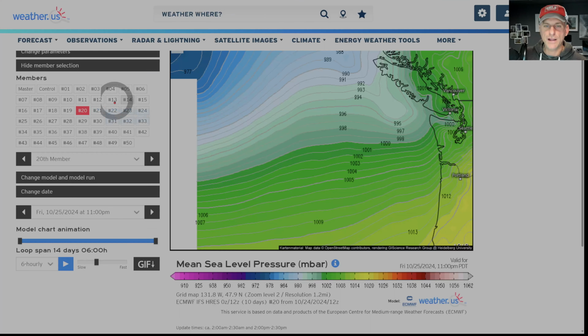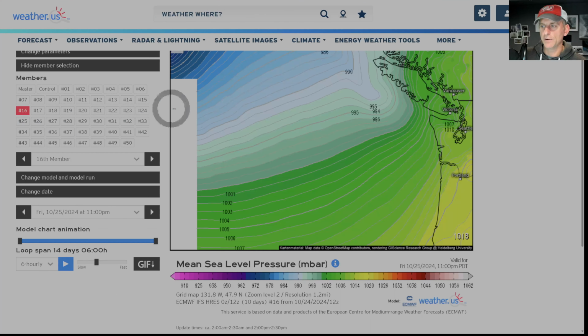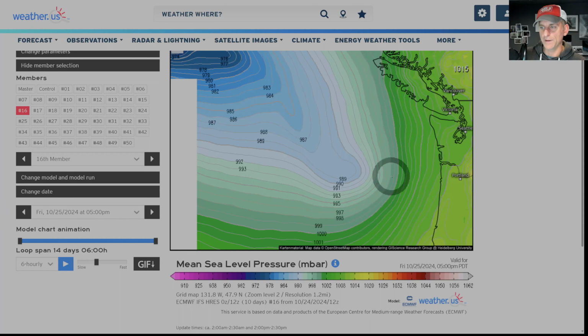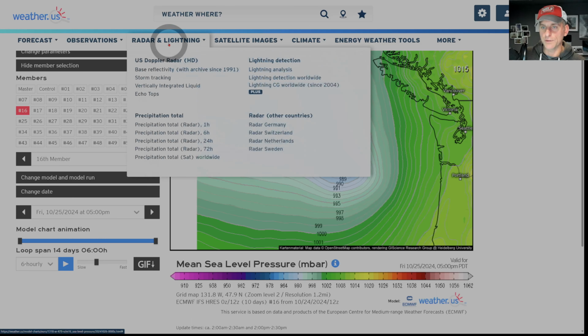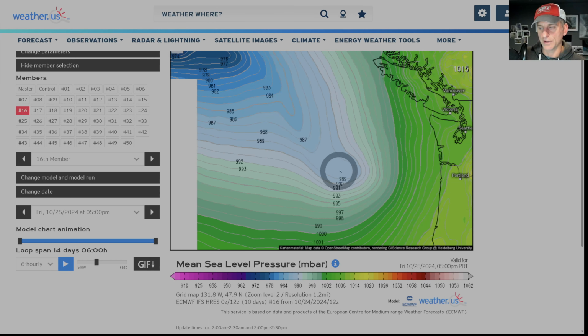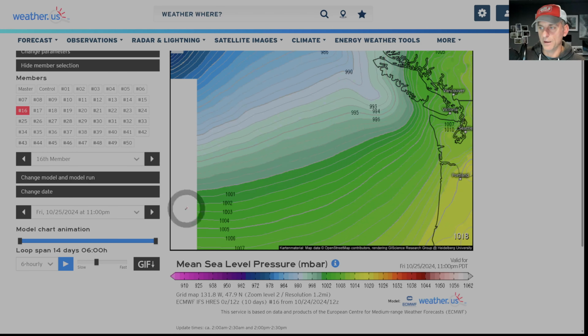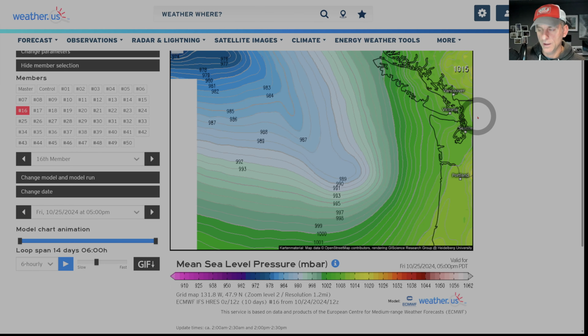Now, if I cherry pick number 16 there, and we can back it up a little bit, you can see a pretty tight pressure gradient here with this deep parent low across the Gulf of Alaska, the strong pressure gradient. And we put that into motion, swing up the coastline. You can see why this is going to affect Vancouver Island, the Washington, Oregon coast a little bit more than interior areas. In fact, the Oregon coast isn't even going to get the brunt of it. It's going to be Washington, Vancouver Island, some of the northwest interior of Washington.